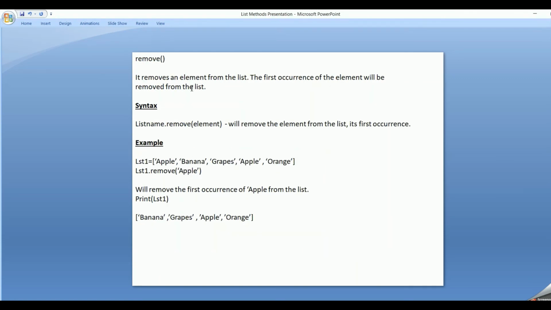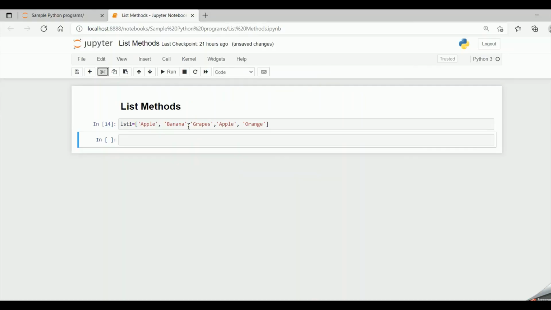And now remove. It removes an element from the list. The first occurrence of the element will be removed from the list. If there are duplicate items in the list, it will remove the first occurrence of the element from the list. So this is my list. I'll run it. Then I say lst1.remove and I specify apple.